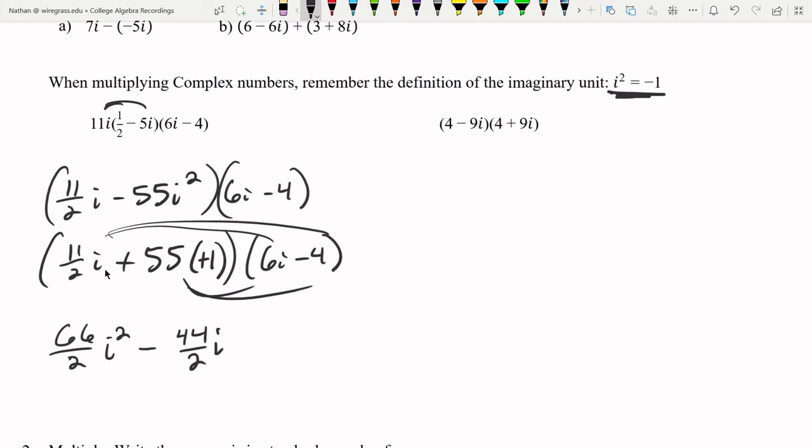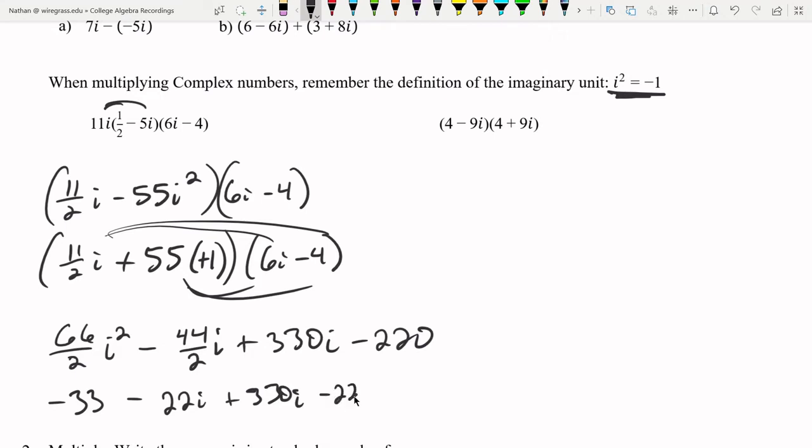Then we get plus 330i, and then plus 55 times -4 is -220. This is i squared, so we can make this -1. This is just 33, so -1 times 33 is -33. Then we have -22i plus